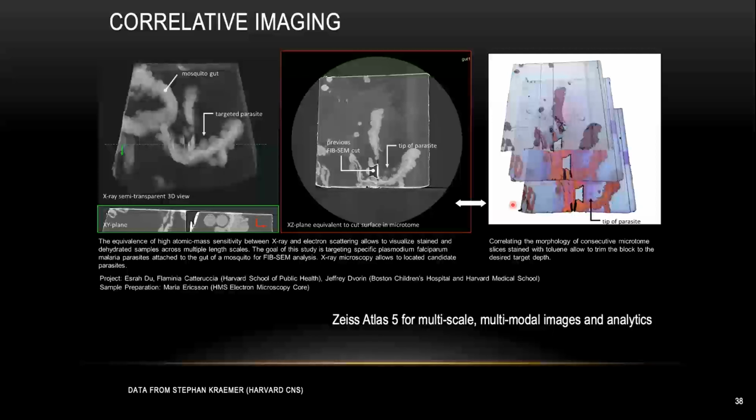You do need very high resolution, nanoscale resolution. So what we do is a micro CT of the entire sample. The sample has been fixed and stained in epoxy, and based on the coordinates we generate from the micro CT scanning, you can bring the same coordinates into the focused ion beam, so you can go to a certain location, find the exact location of the target parasite, and perform some kind of slice and viewing, as you see here in the picture, to the tip of the parasite